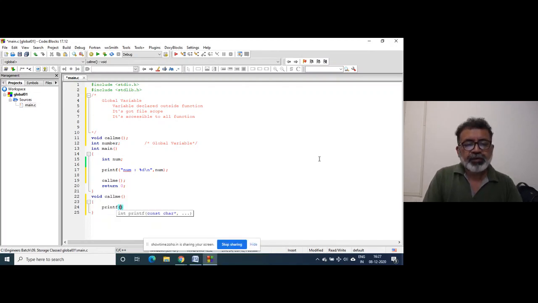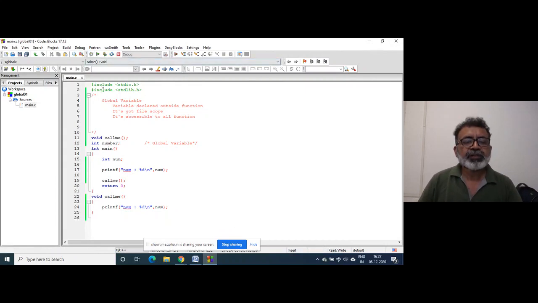If I try to print here num, and try to build this program, it will give an error, because this num in the main function has got scope limited to the main function. That's why this num is not accessible, not visible in this function. That's why it gives an error.